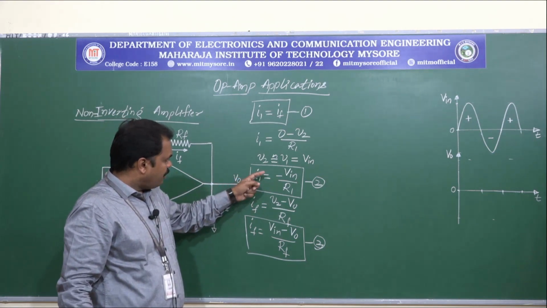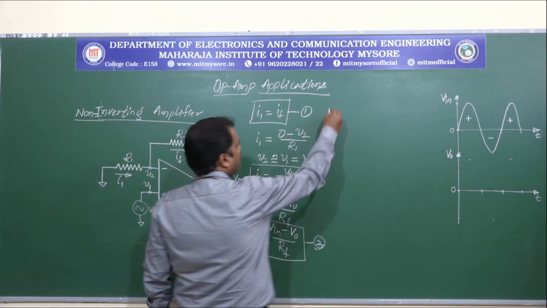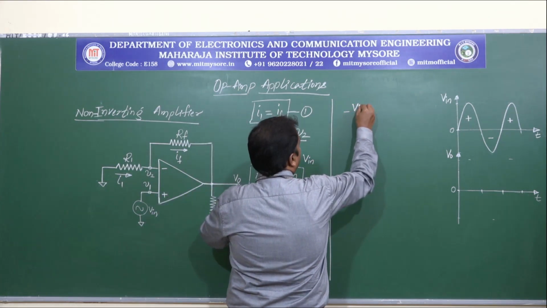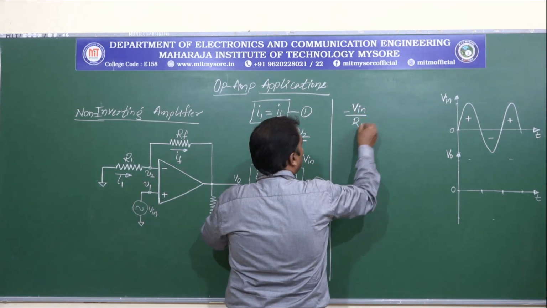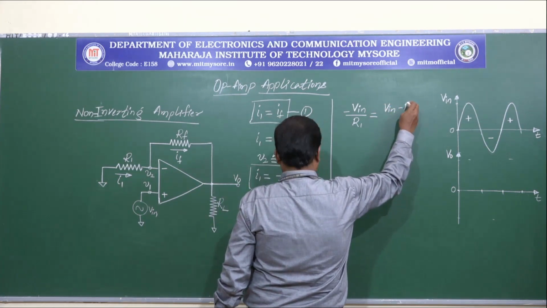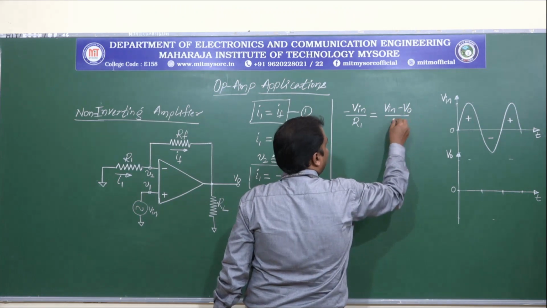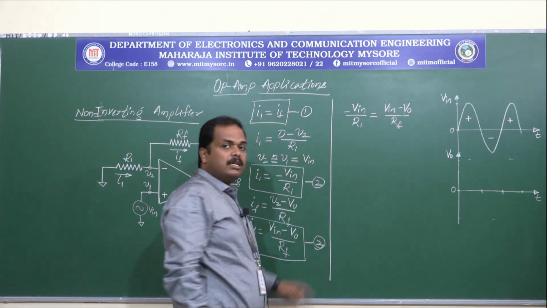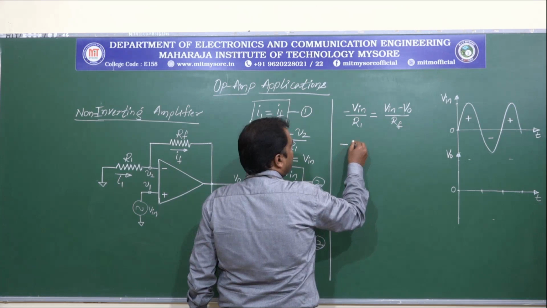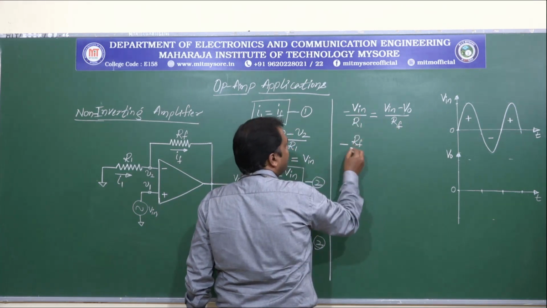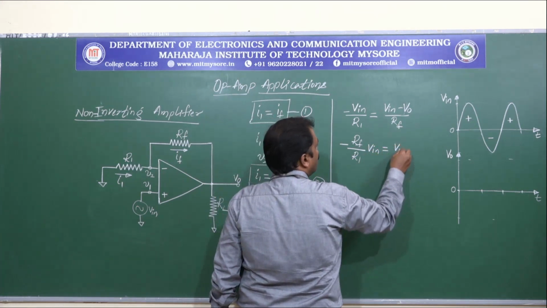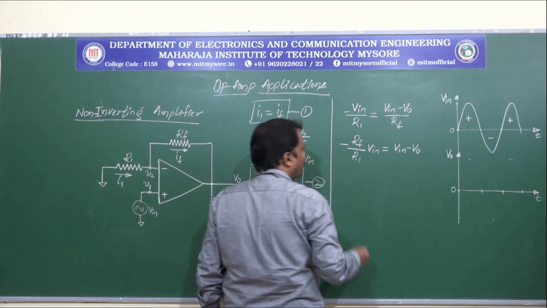Now let us substitute equation 2 and equation 3 in equation 1. That is minus Vin by R1 equals Vin minus V0 divided by Rf. So with this we will find out the equation for V0. So this can be written as minus Rf by R1 into Vin is equal to Vin minus V0, so that